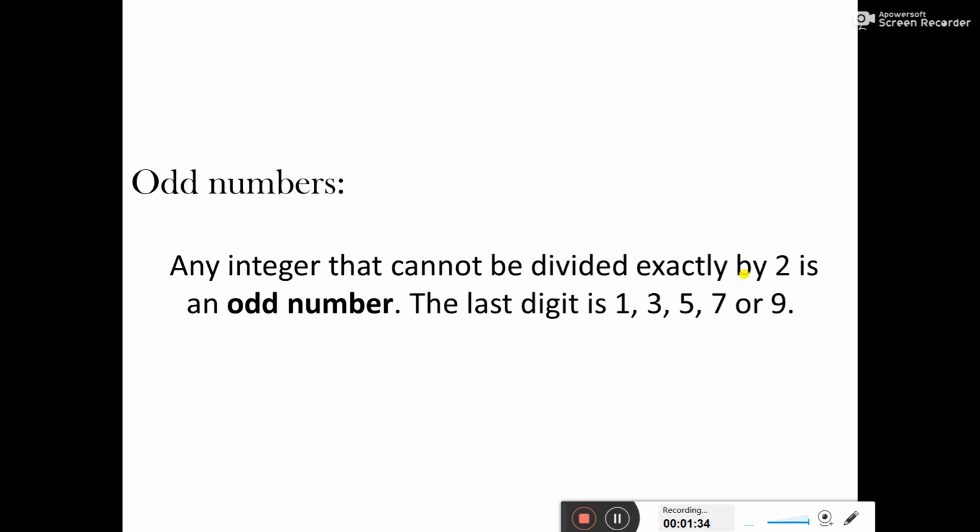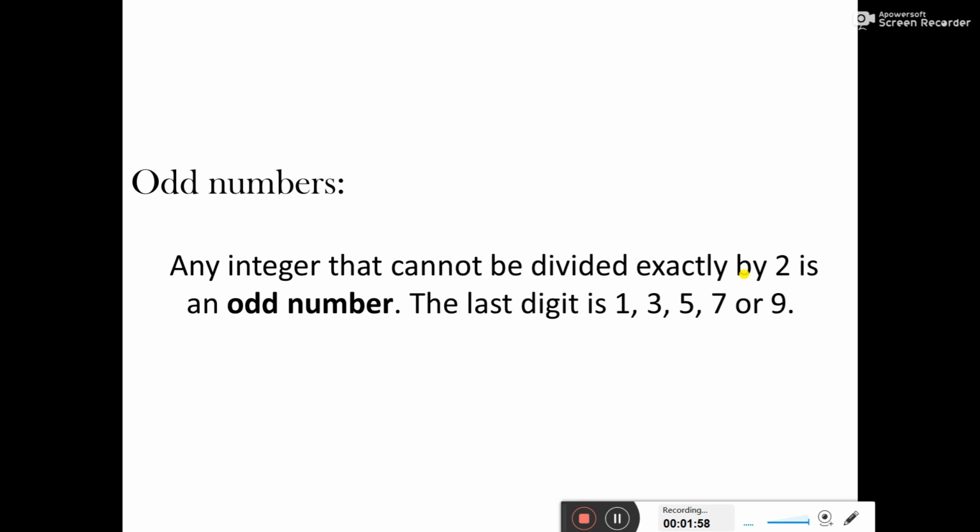Before starting that program, first we need to know what odd numbers are. Any integer that cannot be divided exactly by 2 is an odd number, right? So the last digits of odd numbers are 1, 3, 5, 7 or 9. These are the last digits of odd numbers, correct?